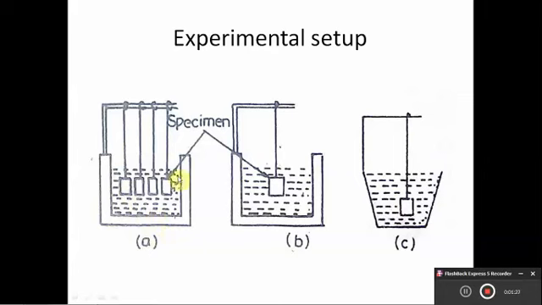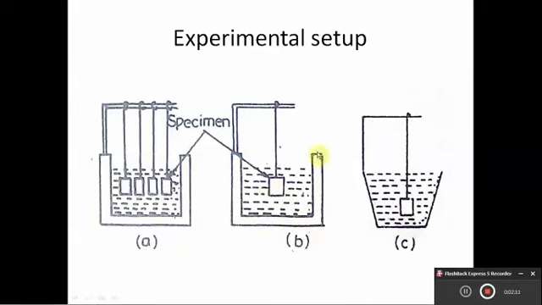So this A indicates a salt bath furnace which is maintained at a temperature above the A1 temperature. Throughout the experiment, the austenitizing temperature must be kept constant. During heating, oxidation and decarburization should be avoided by suitable measures such as using a salt bath. So this figure A indicates a salt bath furnace where a number of specimens are dipped so that a 100% austenitic structure is formed. Then soak these samples for sufficient time so as to obtain homogeneous austenite. The time of soaking should also be kept constant throughout the study.